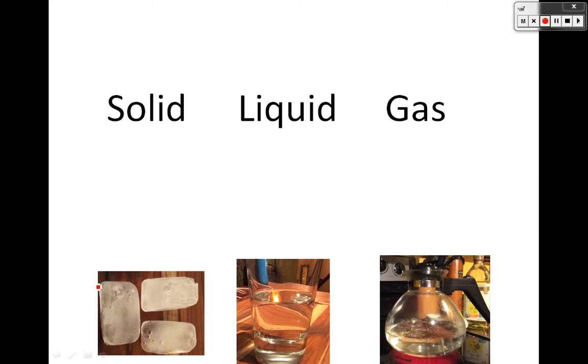And we know that matter is anything that has mass, anything that has volume, and anything that's made of particles. So those are the three ways we know things are matter. So any type of matter can exist as a solid, as a liquid, or as a gas. So here's some pictures. This is water. Water we know is matter because it takes up space and it has mass, so it must be made of particles. And these are the three states of matter of water.